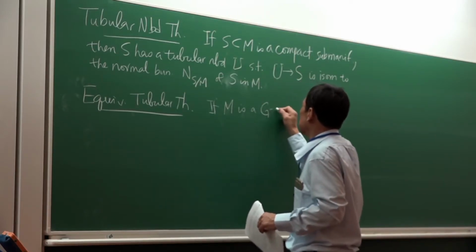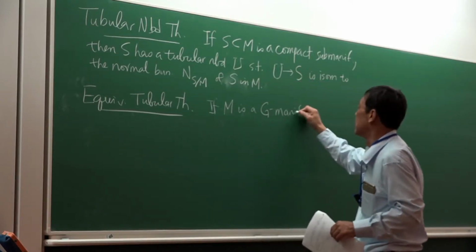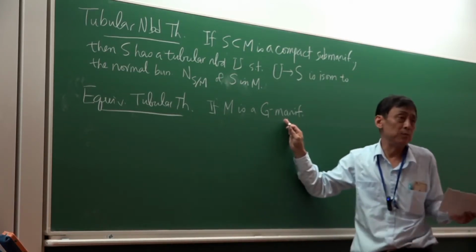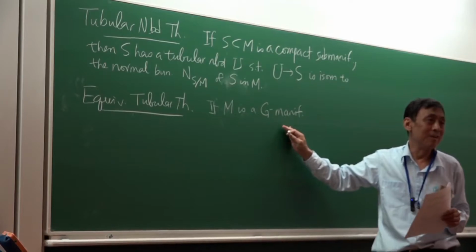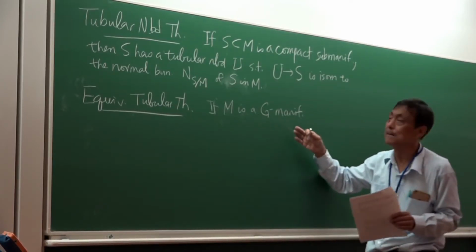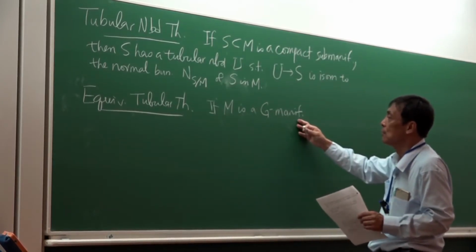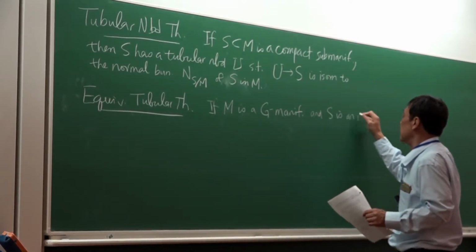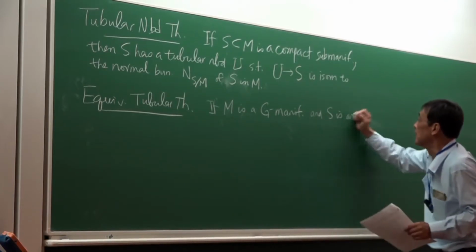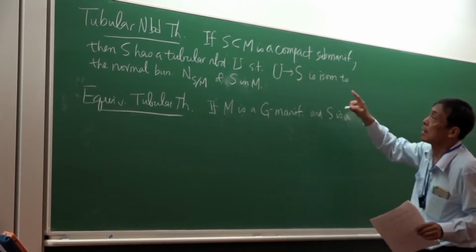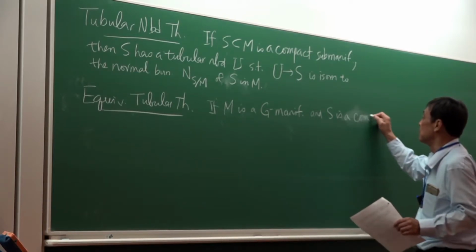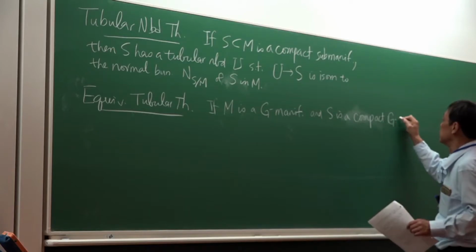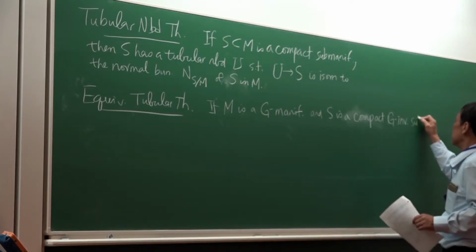Now, if I talk about G manifold, that means we're in the C infinity category, so G is a Lie group. Okay? So if M is a G manifold, and S is a compact G invariant submanifold,